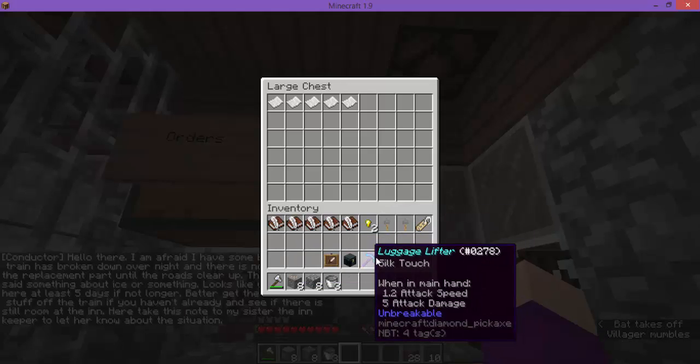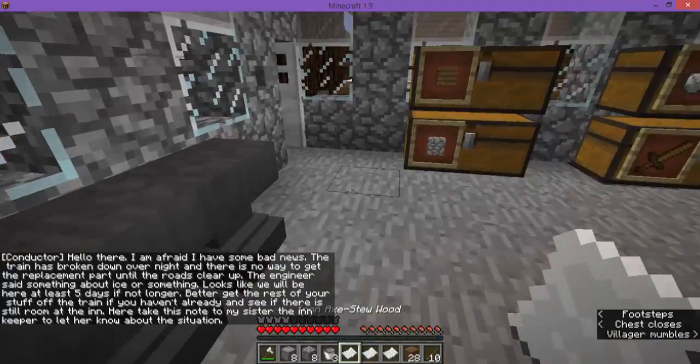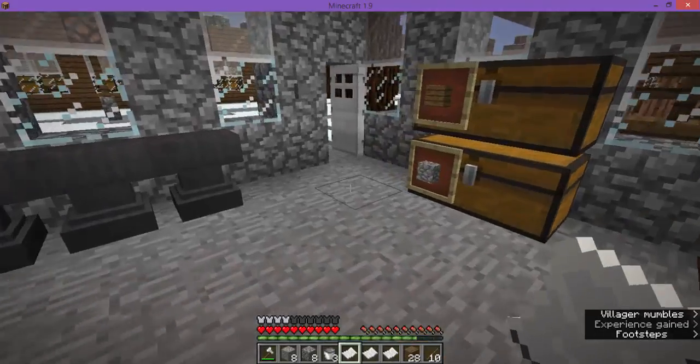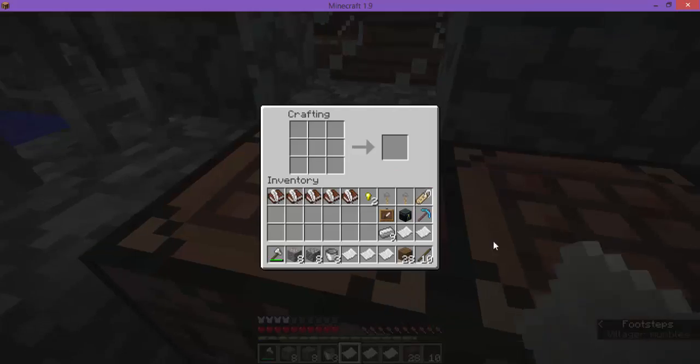Gonna need this. So everything's out of our inventory. Grab the orders. Also, we had the iron smelting in here, which should be done. So what does he need? He needs an iron axe, which we have iron, so...